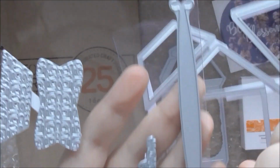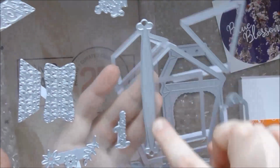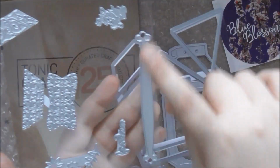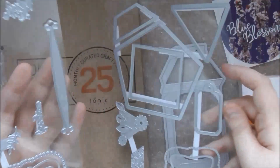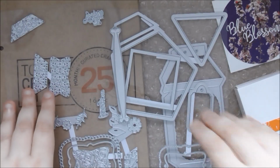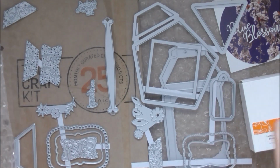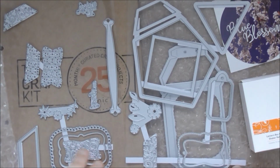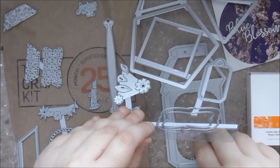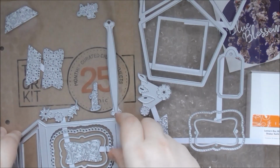So you have "with love" and "for you", and then you also have the handle for the lantern as well, so you can use this to create a little handle on the top of your lantern, so that you can easily lift the lid off maybe, or actually hold the lantern up as well, depending on how you want to alter this design, because I think it is an open topped design once you make it,